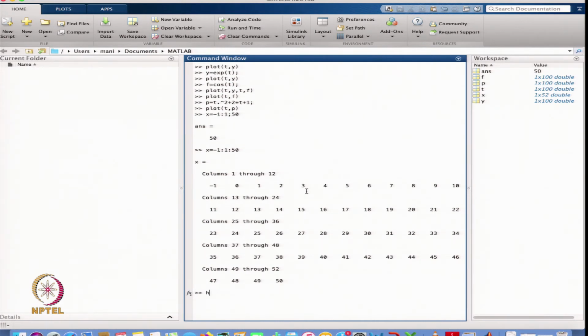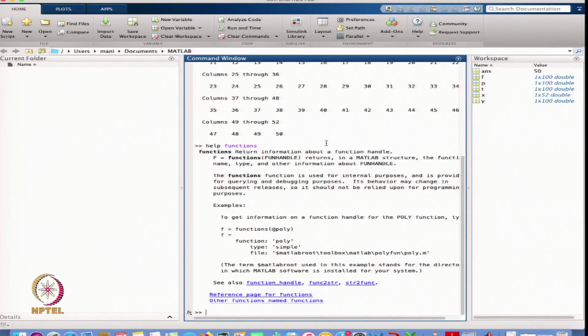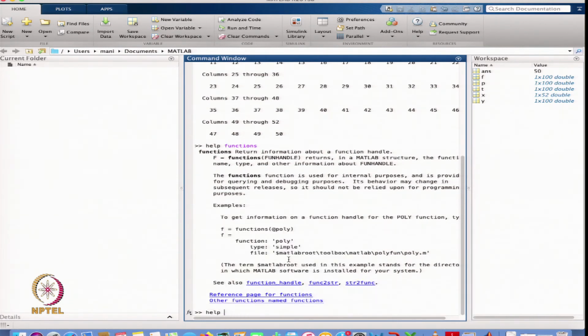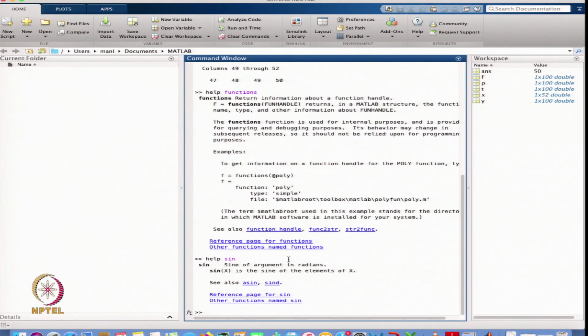So, I can take the help of functions. When I write help, it will tell you which type of function we can define. Maybe I can define the sine function, or asin means the inverse of the sine.